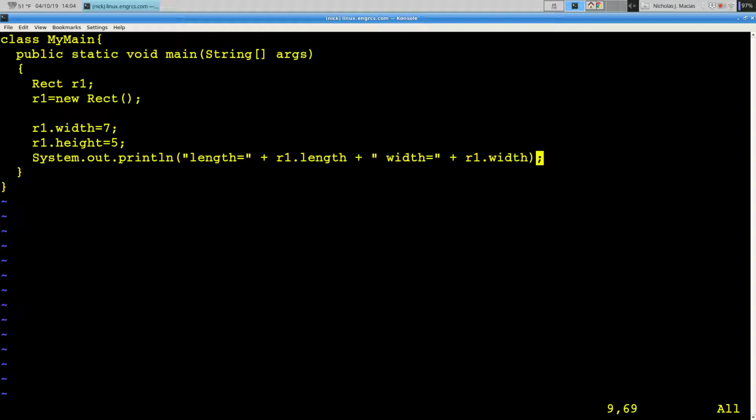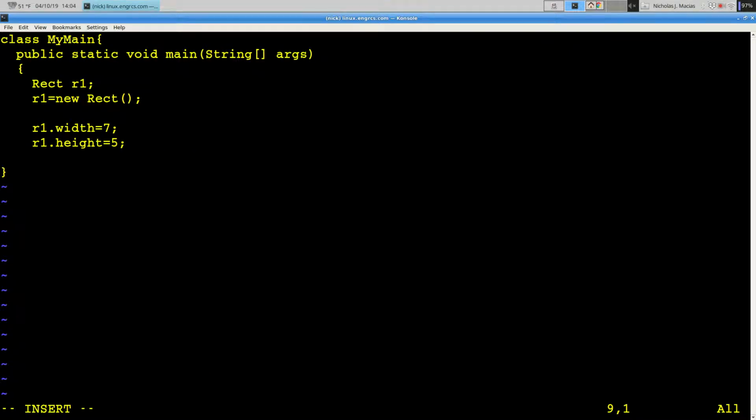So we'll throw a diagnostic print statement in here which prints out length equals, tacks the length on, prints out width equals, tacks the width onto that. That's very powerful. We don't have to do the %d stuff that we do with printf. It will intelligently look at the length, know that it's a double, and turn it into a set of ASCII characters and concatenate them. That's what the plus says, to the end of the string, length equals. And so if we run that,